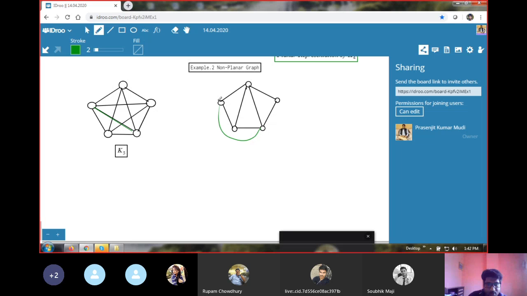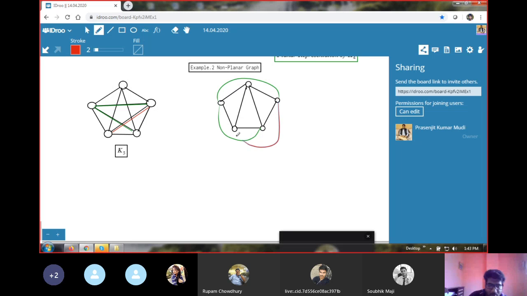I can also construct this edge like this. That means this edge is already drawn, green colored, and the edge which is left, that is this one. Let me color that with the red color. So this edge, if I want to construct that part, from this vertex to this vertex,